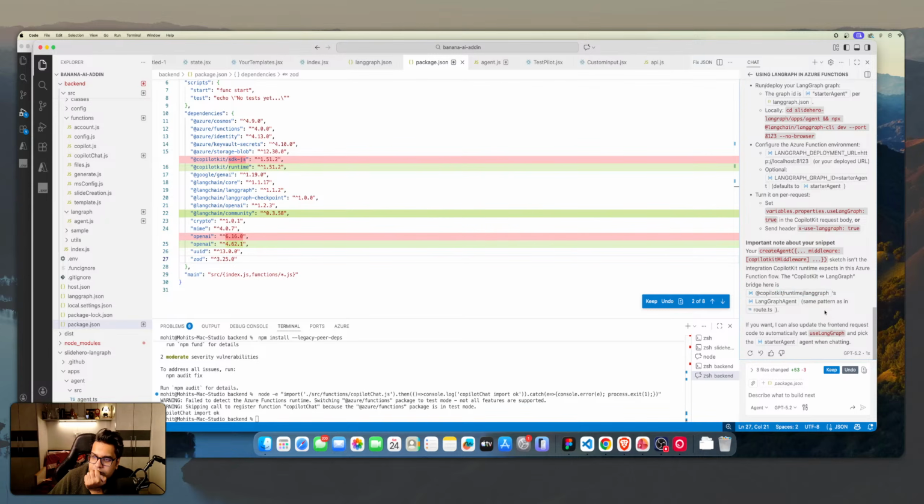You can also change the front-end request code to automatically use LangGraph and the starter agent when chatting. Okay,